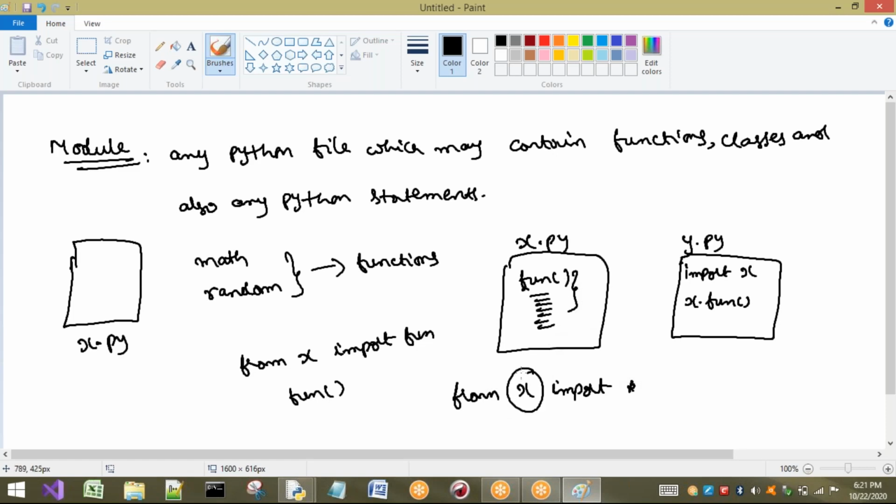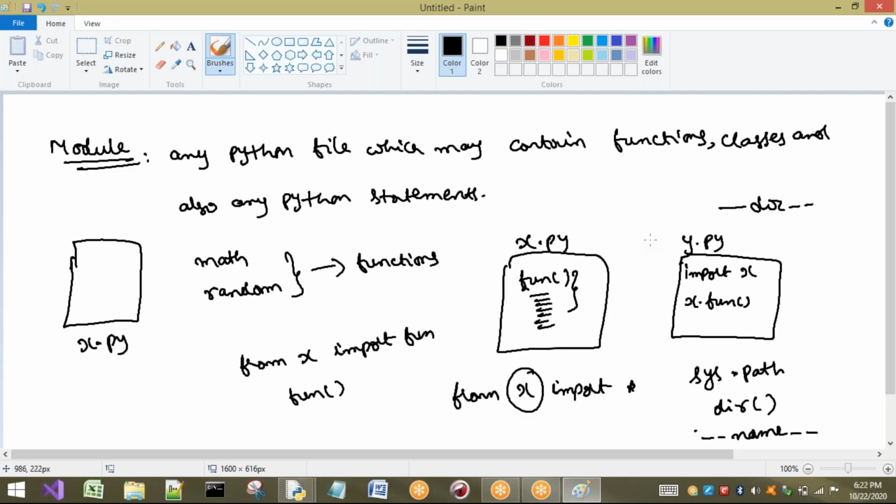Right. Next, we have seen how to see the path. In the sys module we have a path attribute, so we can use sys.path to get the paths. Next, we have also observed the dir function, and the underscore name special variable in Python. We have also seen underscore doc and some other special variables and what they contain. So this is the modules concept in Python.